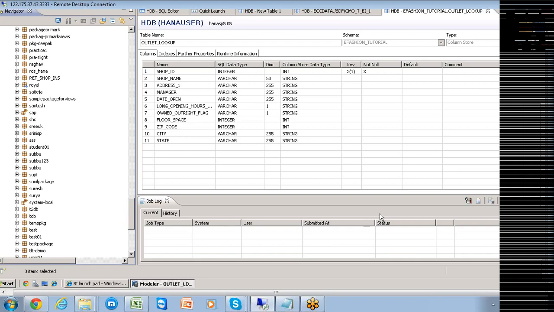Just like in SAP, you validate the object and then activate that particular object, then only that object can be used for reusability. As long as you are not validating and activating it, the object will be in the deactivated state where you cannot use it until it is activated. That is the wholesome understanding we need to have here. The attribute views are basically to load the master data, and the calculation views are for the transactional data.